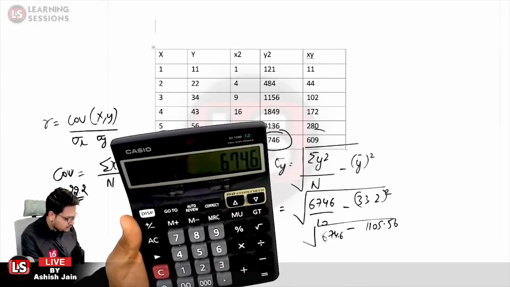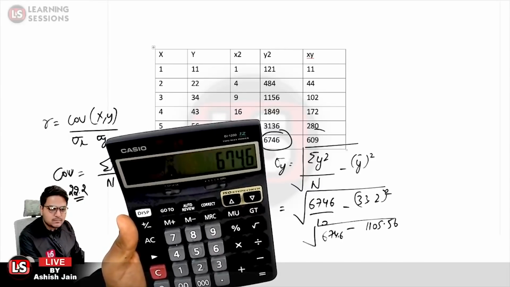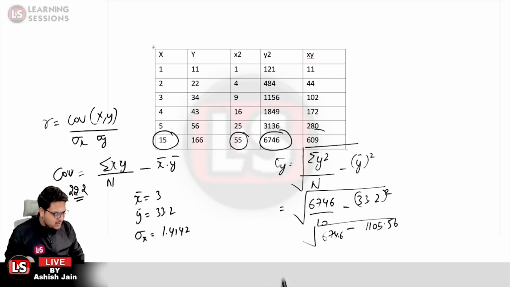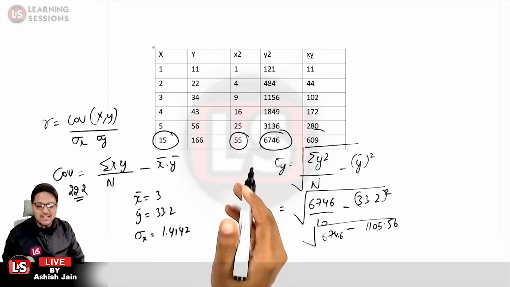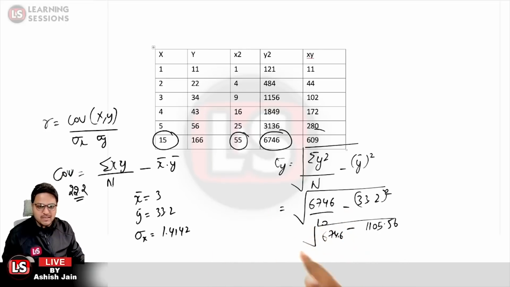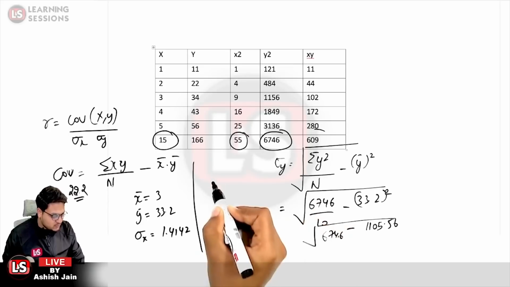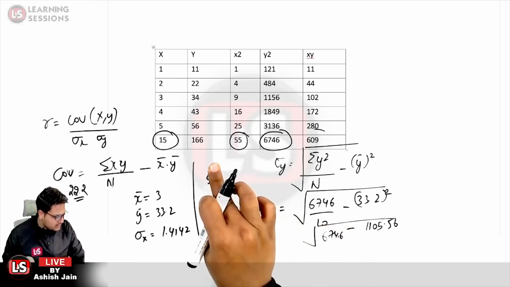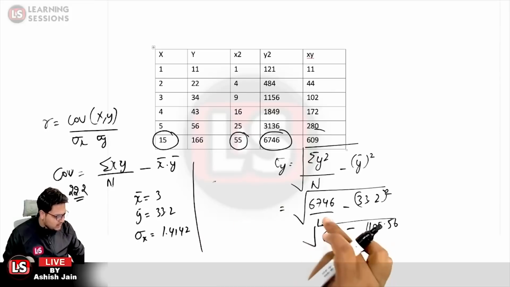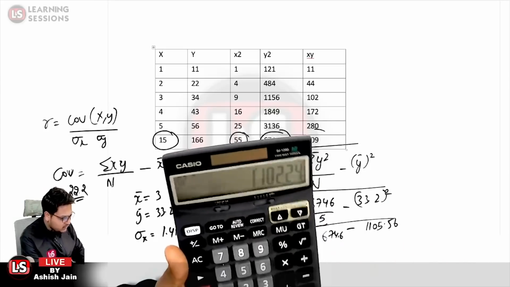674.6, so it will be basically equal to what? I think there was some mistake that we made in the previous part also. Let me calculate the sigma x value again, because I considered n equal to 10 in the previous case too. So I'm solving the sigma x value again. Sigma x square, that value is basically 55. Actually we calculated it right, but here we need to replace 10 by 5, because we have only 5 terms, and when we square it, the value will come out to be